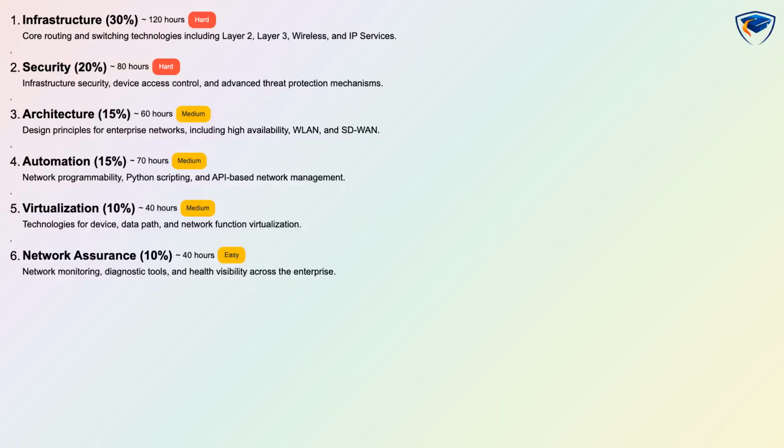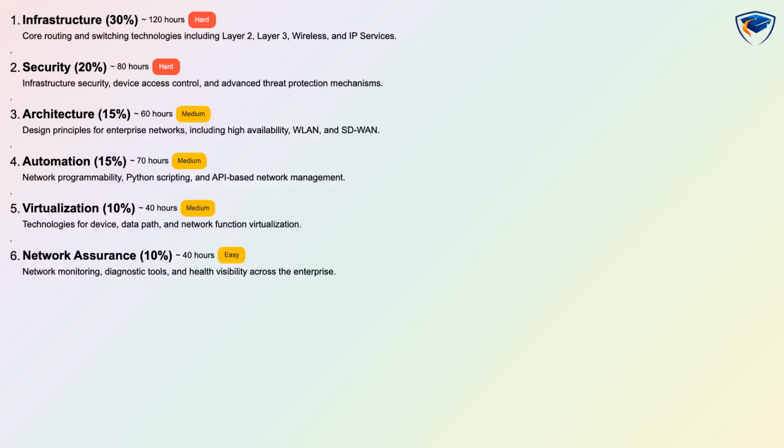This is a clear roadmap for candidates preparing for the Implementing Cisco Enterprise Network Core Technologies exam. Overview of domain weights. Infrastructure is 30%, security is 20%, architecture is 15%, automation is 15%, virtualization is 10%, and network assurance is 10%. Each domain lists difficulty, estimated learning hours, and assessment style to help you plan study time precisely. Use these weights to prioritize hands-on labs for higher weighted and harder domains while reserving time for conceptual review